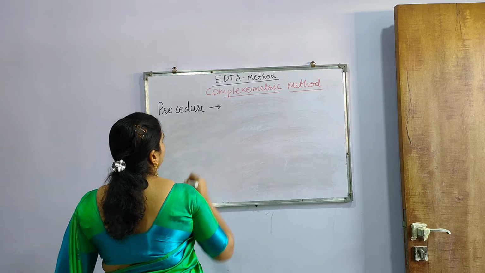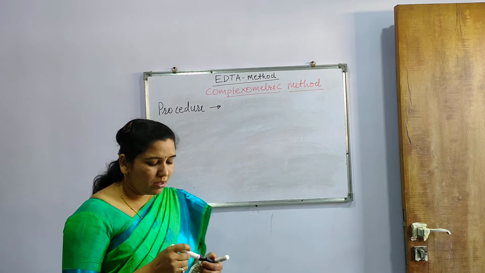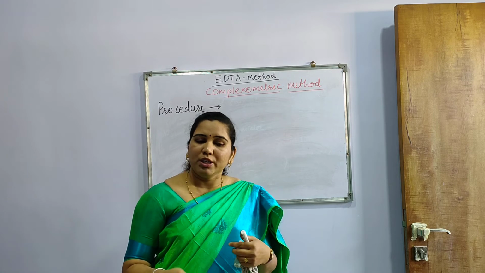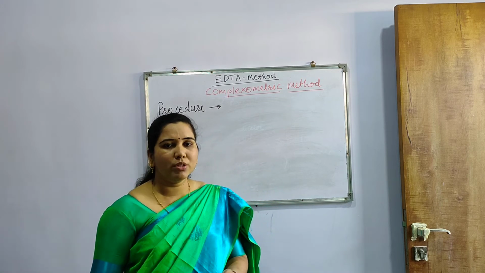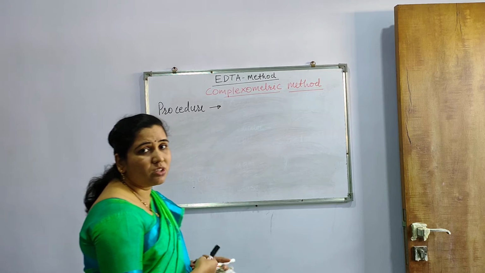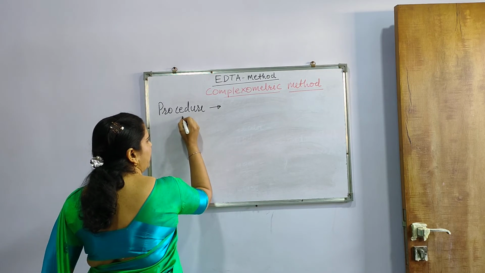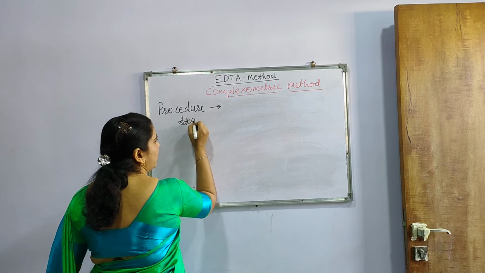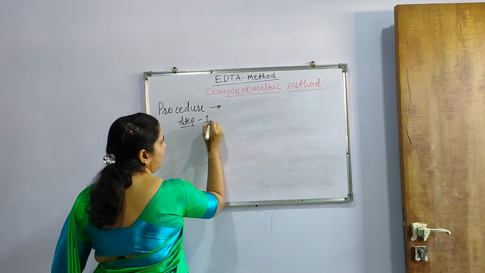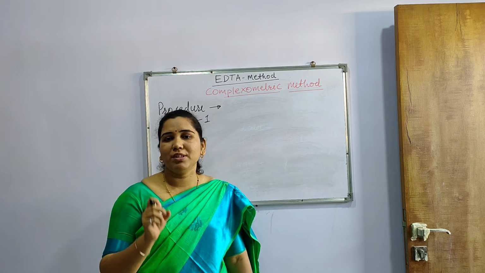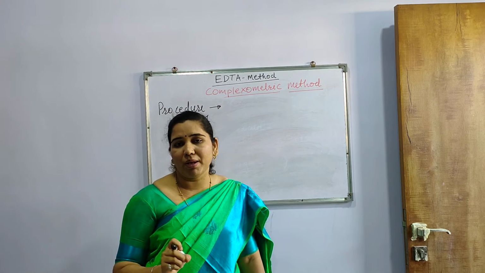In this procedure, as we have seen in the theory how the reaction is going on, like that we have to carry out the procedure with all these just prepared reagents. So first of all, step 1, there are 3 steps. In step 1, we have to carry out the whole procedure of EDTA with a standard hard water sample,